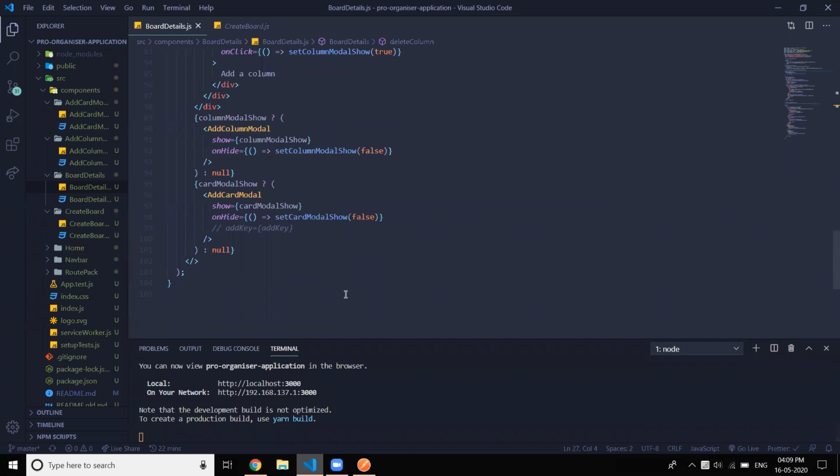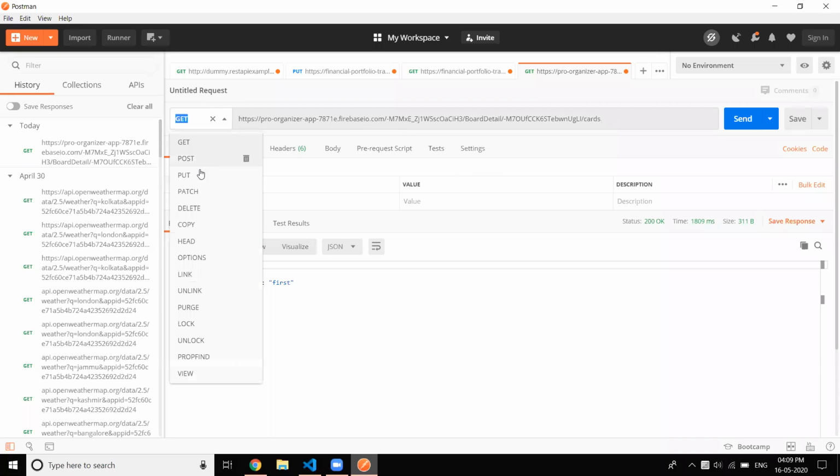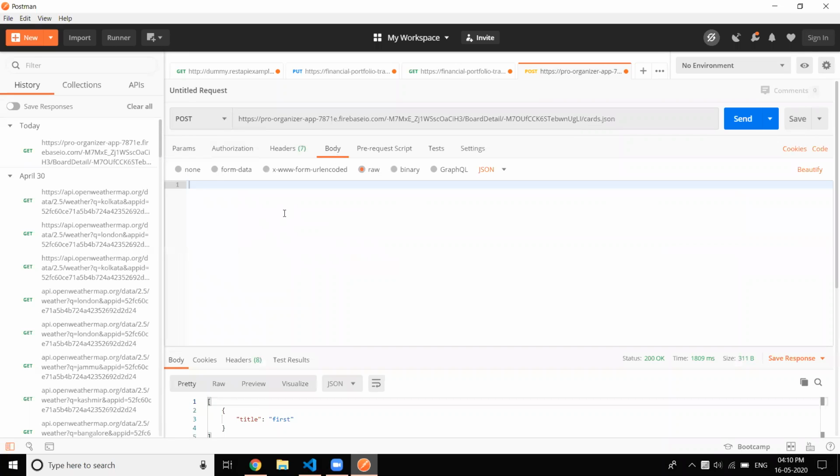Go to Postman and make a post request. Cards.json, right? What should I put in the body? Body, JSON. Put the same thing which is below, just copy the data from bottom. This one? Yes. Paste.